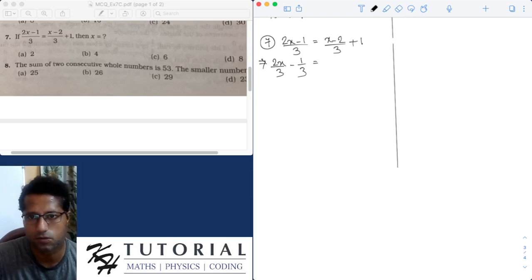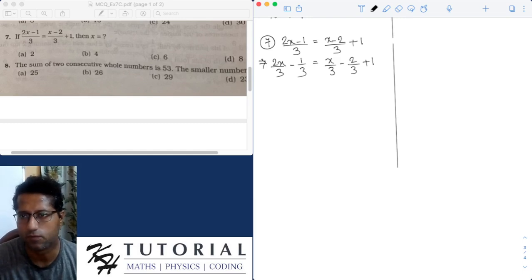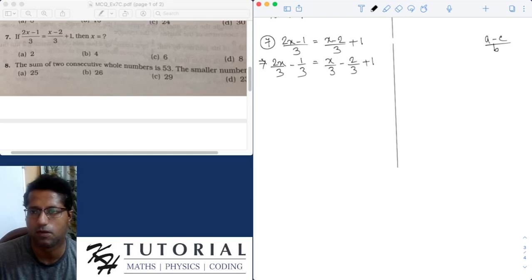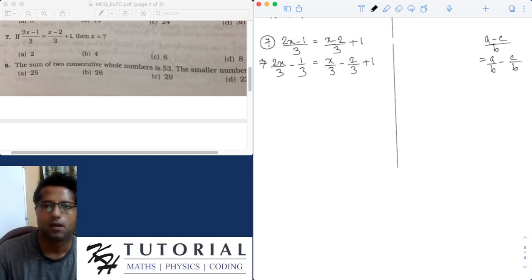And the right hand side is also x by 3 minus 2 by 3 plus 1. The concept is, we know that for any terms of the form (a minus c) by b, where b is definitely non-zero, is nothing but a by b minus c by b. So